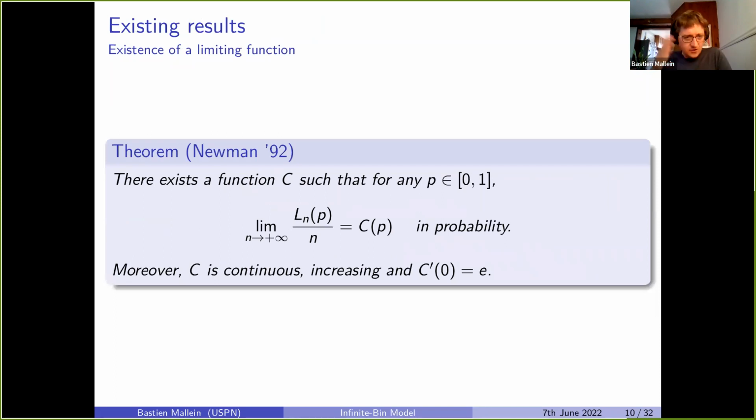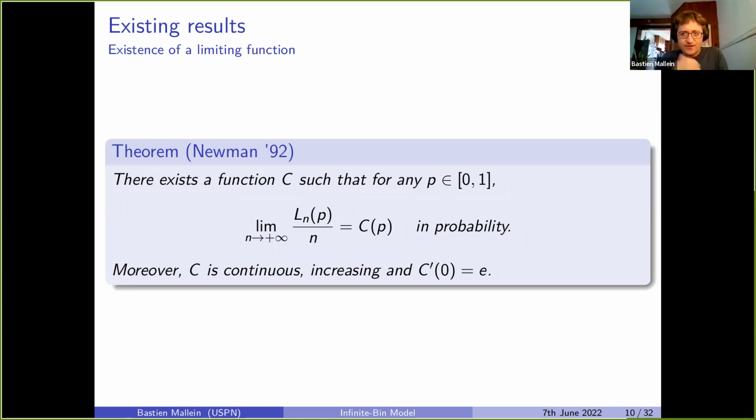Okay, so I claim that if you look at the length of the longest path in this Barak-Erdos graph, then it's not too difficult to convince yourself that this should grow linearly with n. I mean, intuitively, it makes sense, right? You have finite length, so you can find paths that grow linearly with n, and you cannot have more than n vertices in it, so it has to be more or less linear. But in fact, Ln over n converges in probability to some constant c that depends on p.